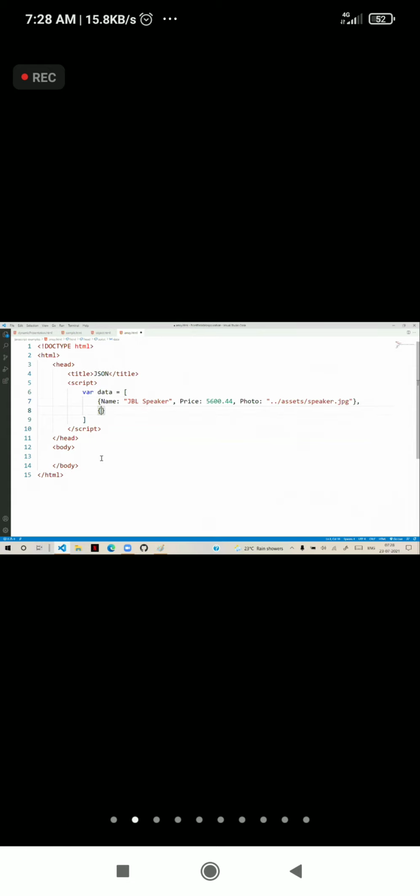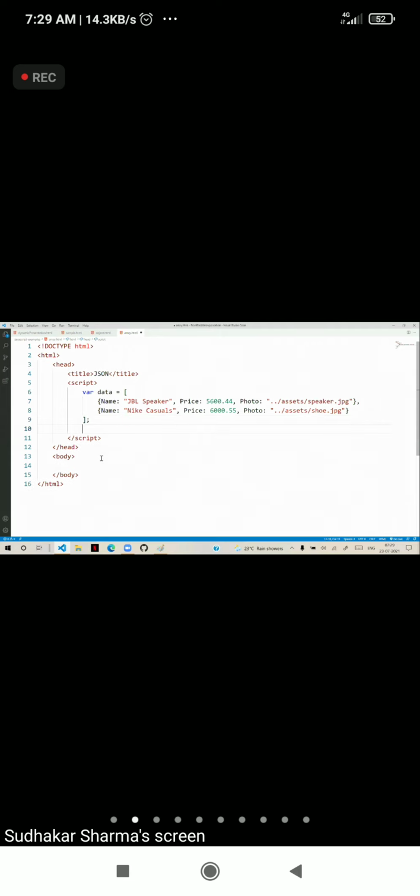Similarly, we have another, Nike casuals, and we have price, some price, and photo, assets slash shoe.jpg. This is how data is presented. You can have any number of records. Now, this needs to be presented.